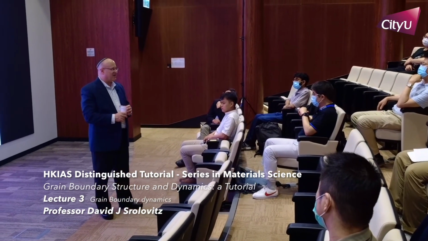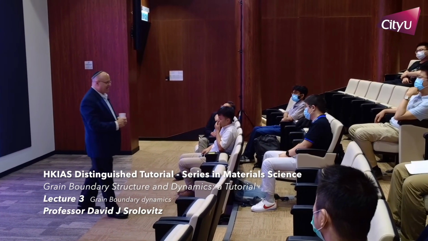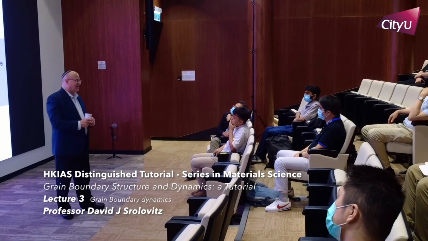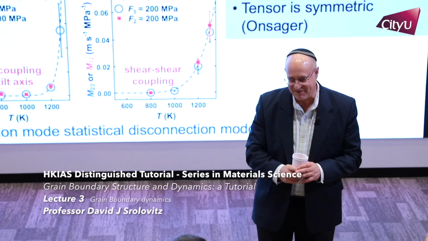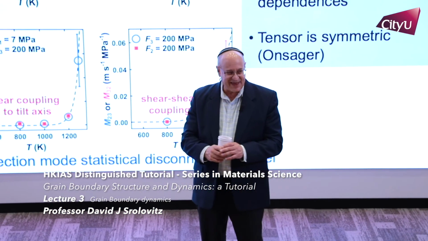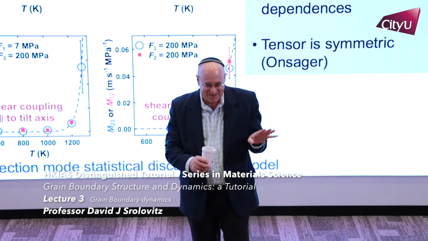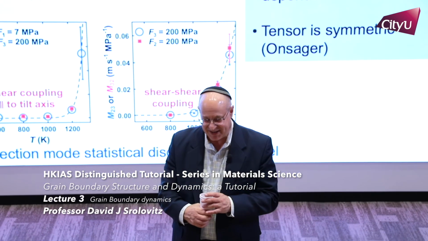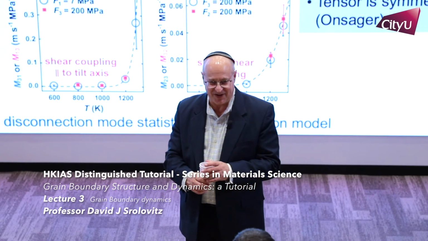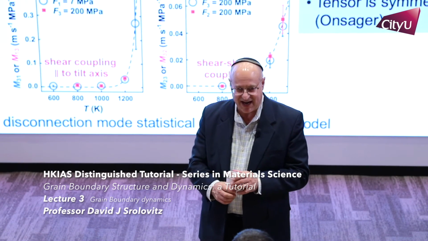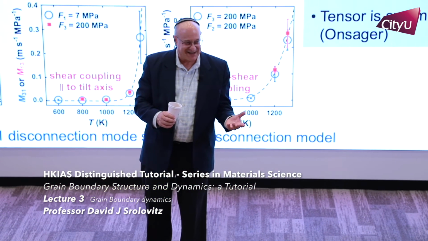And so I'll talk about that, and I'll talk about how to connect this to overall grain boundary motion in a polycrystal. I'll talk about how grain boundaries interact with plasticity at the end in a very short way. And then I'll probably call it quits. If I have time, and maybe I'll do it, maybe I won't, I can talk about dynamic phase transitions of grain boundary, these topological phase transitions with Srolovitz type phase transitions. So if I have time, I'll talk about that, but I'm not sure I'm going to get there